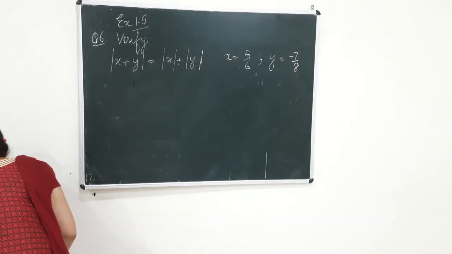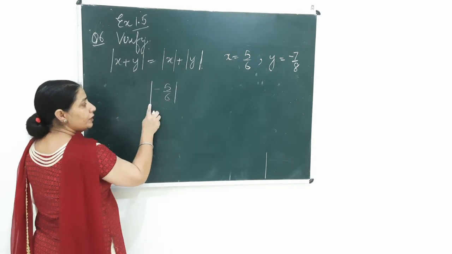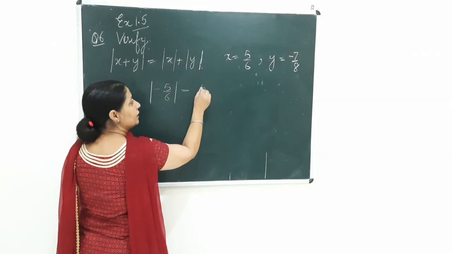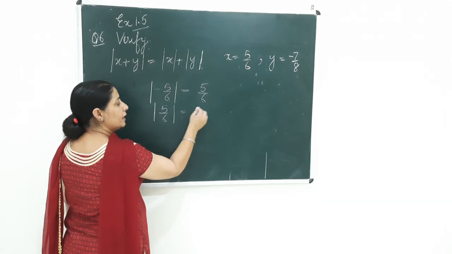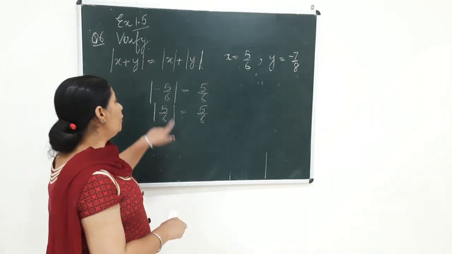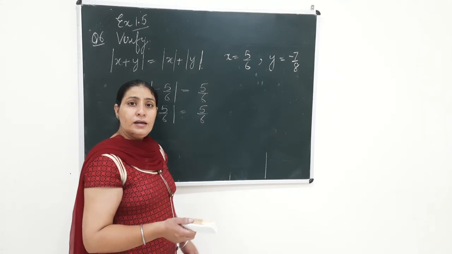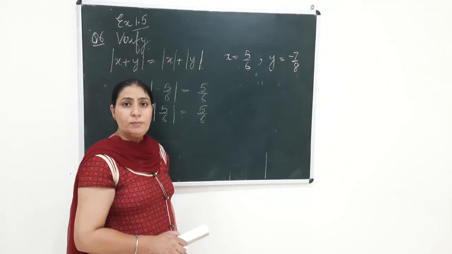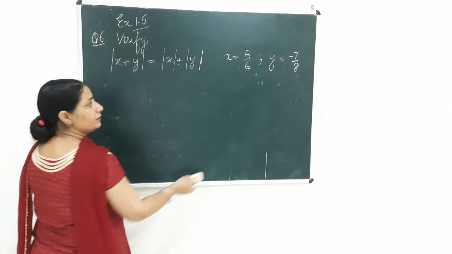First of all, let me take an example. If you have, beta, any number which is a negative number, when you take this number out of this sign, which is the sign of absolute value, you always take it to be positive. If the number is already positive, then you are not going to change the sign, because the mod of a negative number, or the absolute value of a negative number, is positive. But if the number is already positive, the mod of that number will remain positive. It will not become negative. So this is the thing that we have to keep in mind when we are going to verify this question.